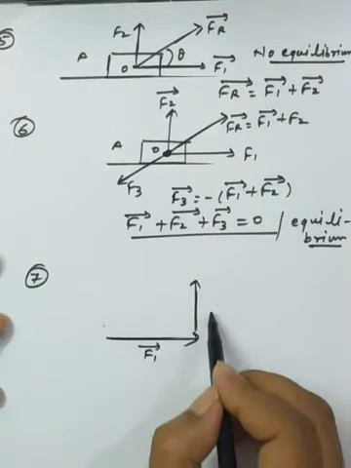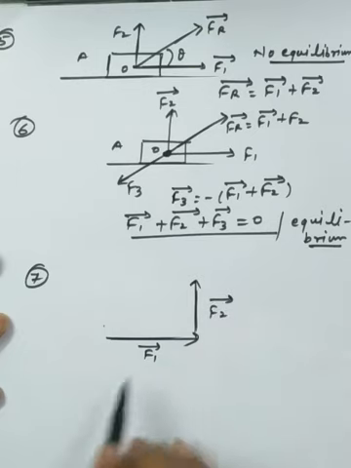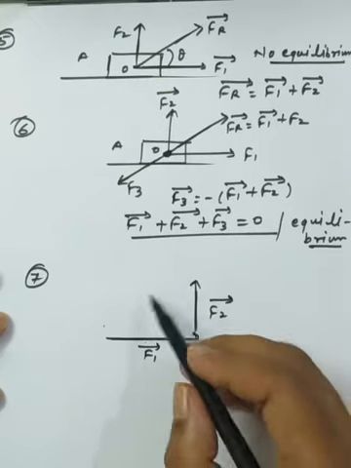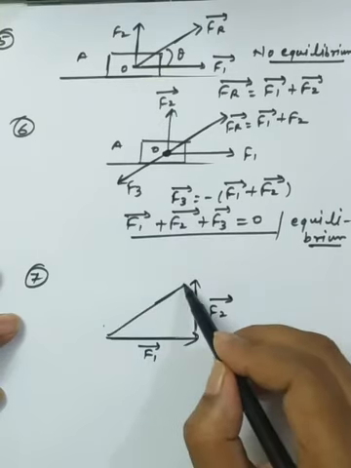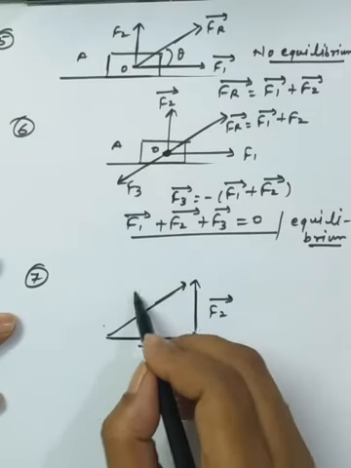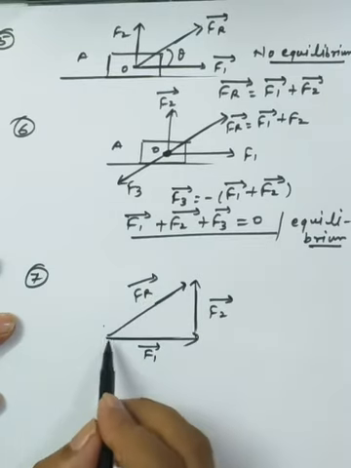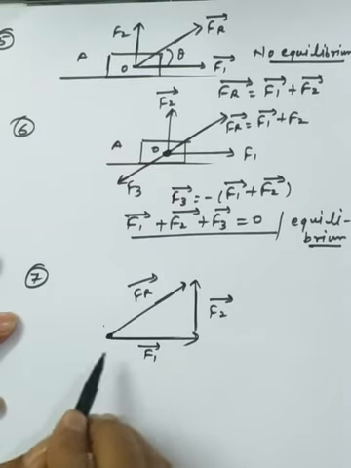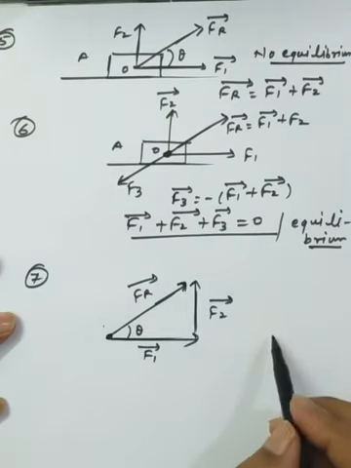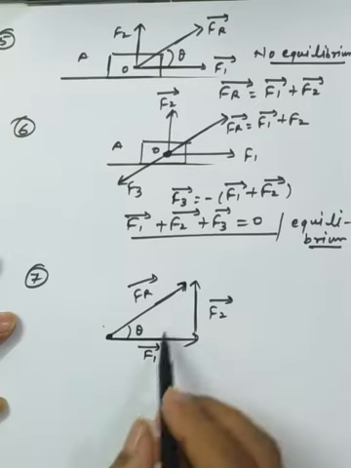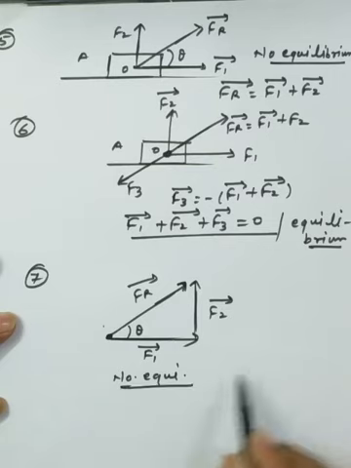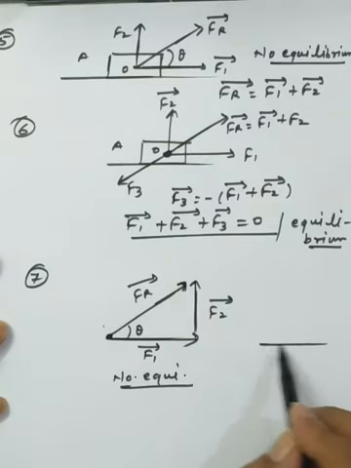Now I am using the concept of the triangle law, with two sides of a triangle taken by the two forces, F1 and F2, and as per the law we know that the resultant of F1 and F2 will be given by the closed side of the polygon, and this is called F resultant. So we are assuming that the particle will move along a certain direction. Somehow we are taking all the forces in a cyclic order. So this is the condition of no equilibrium we have. Somehow we are assuming all the forces in a cyclic order.